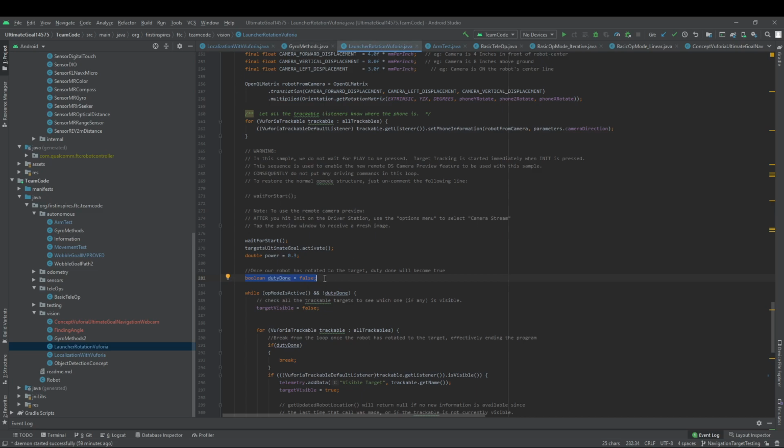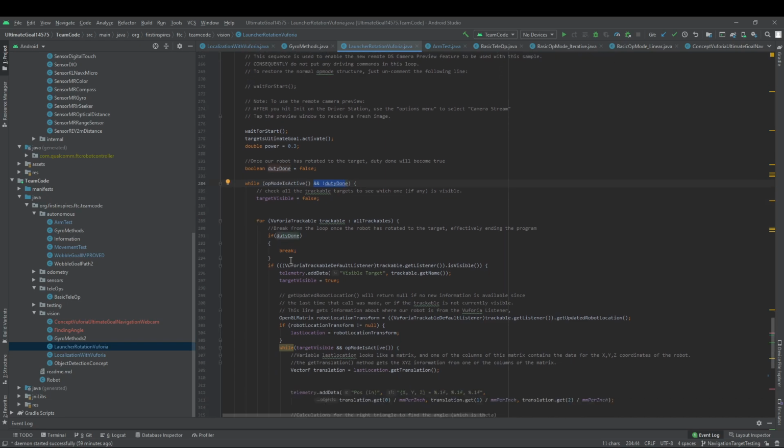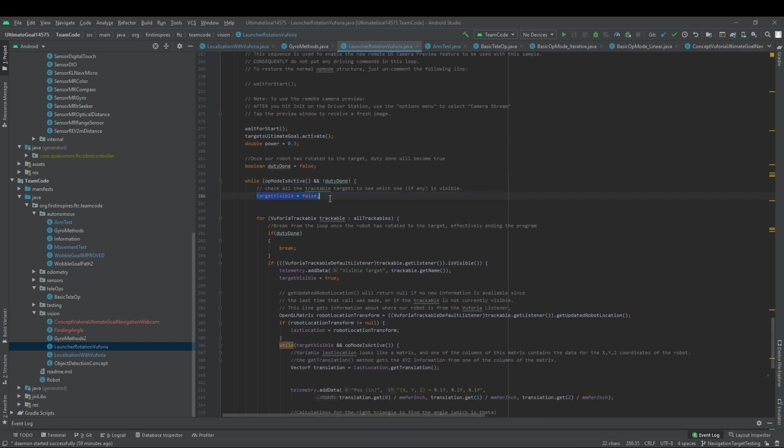I forgot to mention that, but basically we're rotating the robot to the tower, or the target underneath the ultimate goal tower. Once our robot has rotated to that, this boolean will become true. So here we have our loop while op mode is active and our duty is not done, meaning we haven't rotated. We're going to set this target visible equal to false again,